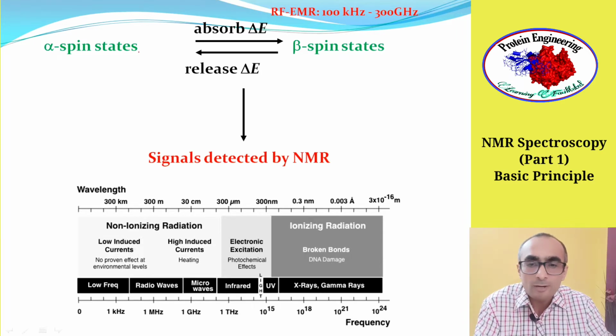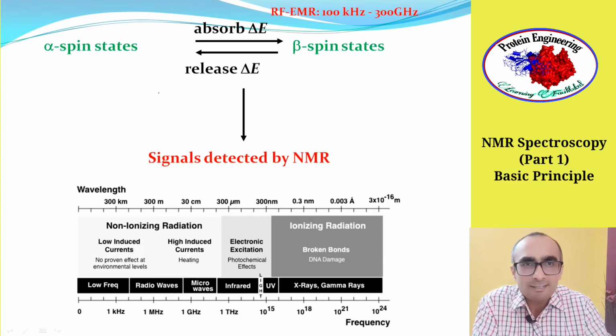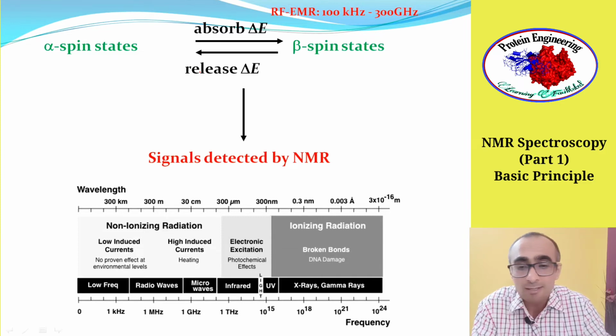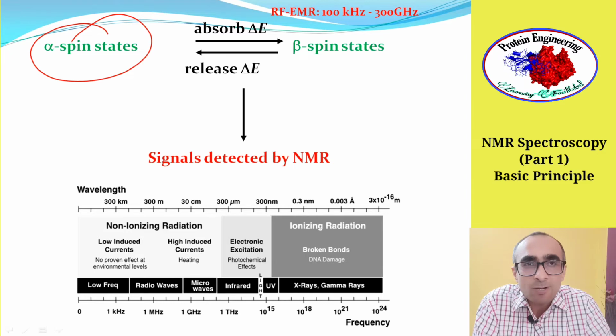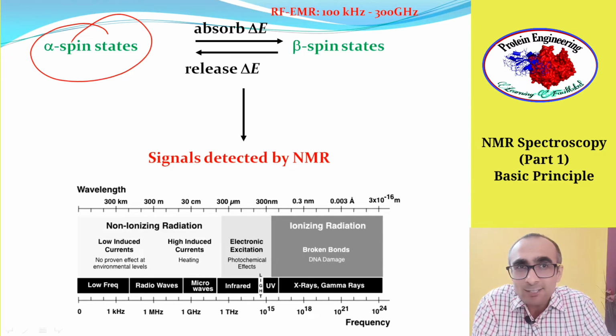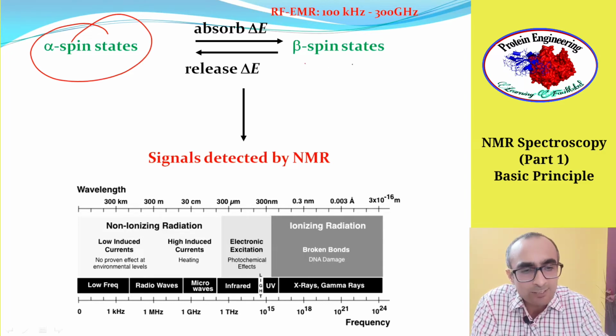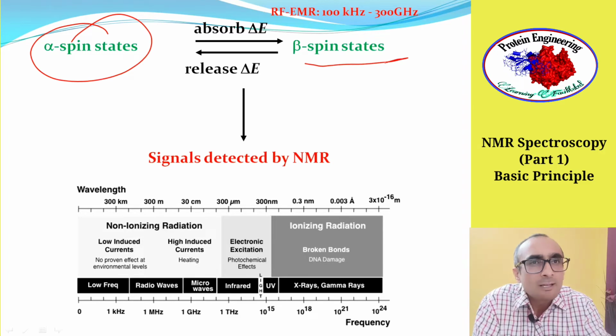So alpha spin state and beta spin state can also be interconverted. Alpha spin state is a lower energy state. Most of the nuclei, when they are kept under magnetic influence, align themselves in the direction of the applied magnetic field. That's what we call alpha spin state. But this alpha spin state can be converted into the high energy state, that's the beta spin state, if electromagnetic radiation